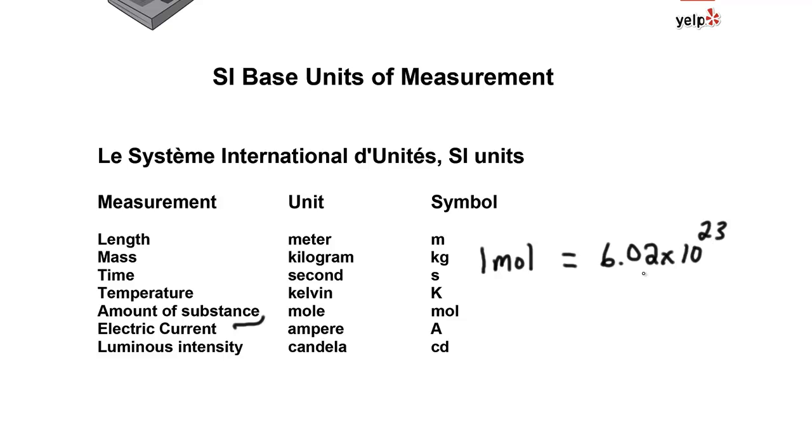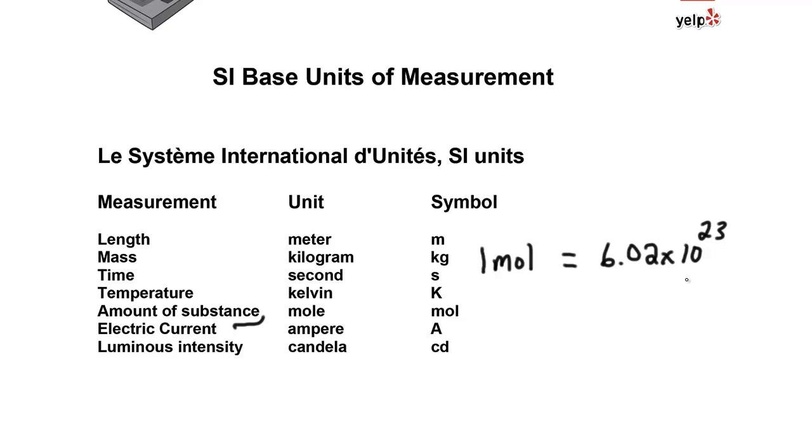And so that's a 6.02, and you got all those zeros after it. It's a huge number. A mole is a huge number, and you might think, why in the world would we need so many? Well, in chemistry in particular, atoms are small, so you need a whole bunch of atoms